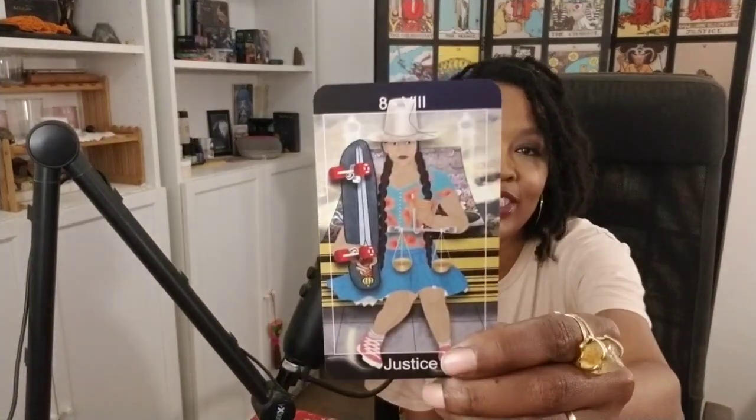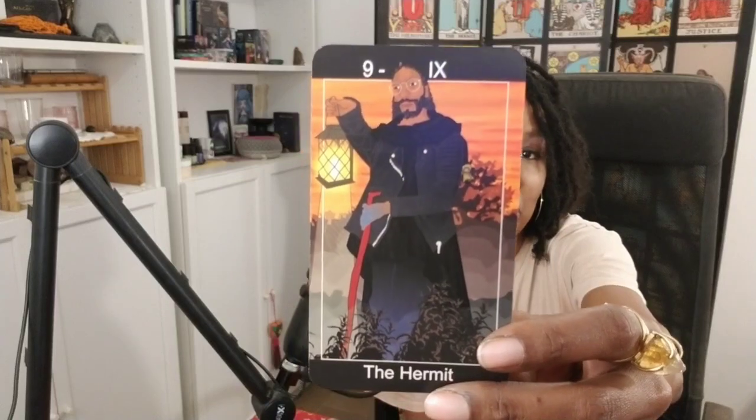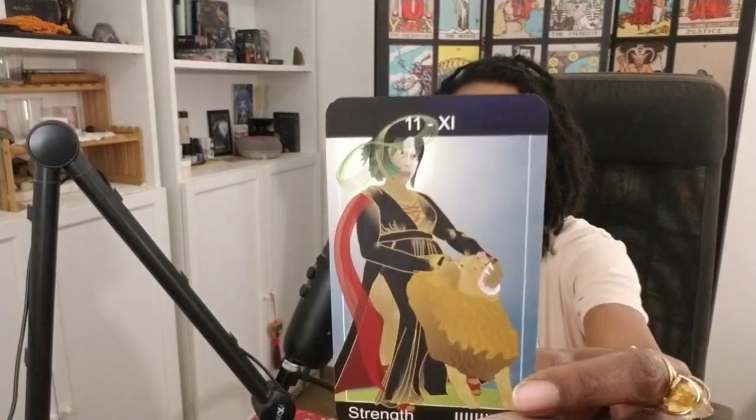Justice. So my vision is when we're on together that we can go through the cards, and at that point I can just kind of inquire with her about some of her inspiration on these cards. The Hermit, Strength,